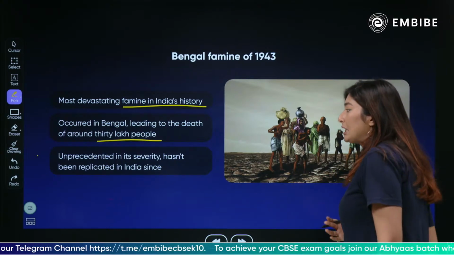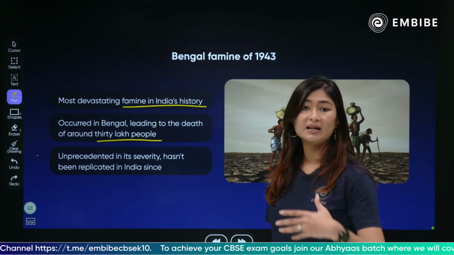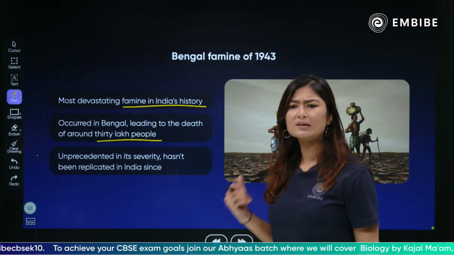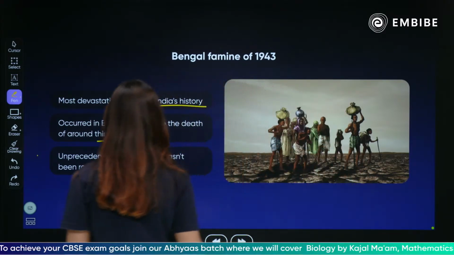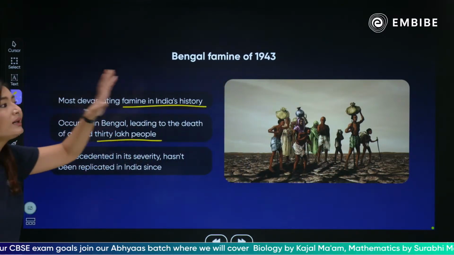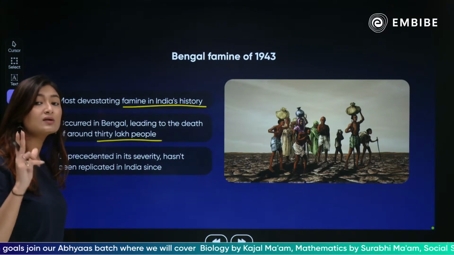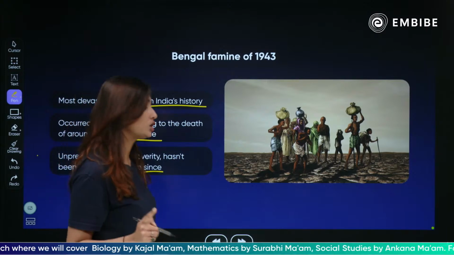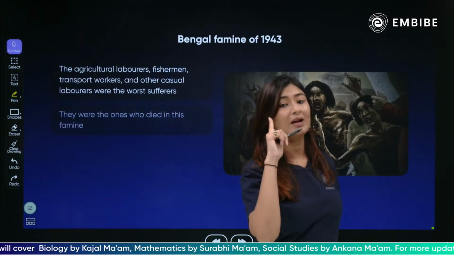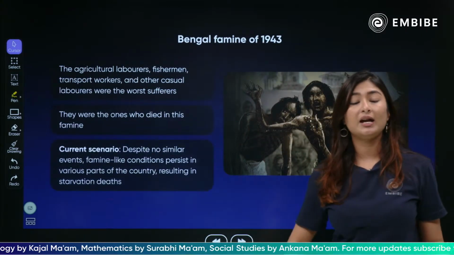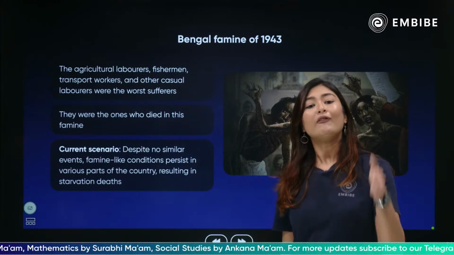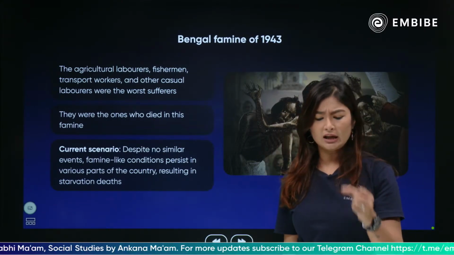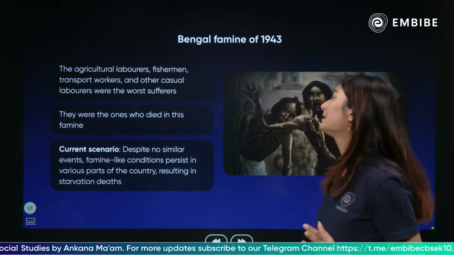It was unprecedented, which means it was not seen. Something like this was not witnessed or seen before. In its severity, it was so severe, it was so bad, so adverse that it was not witnessed by people before, and because of the learning that it gave to us, India has been so conscious about it ever since that we have not gone to a level where it could have been replicated again. फिर से ऐसी नौबत आए, वहां तक हमने बात पहुंचने ही नहीं दी, हमने इतनी तैयारी करके रखी उसके बाद से, right?